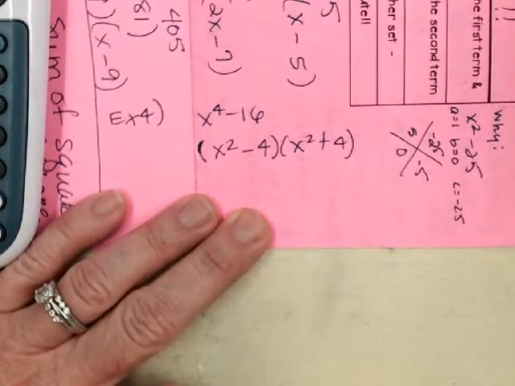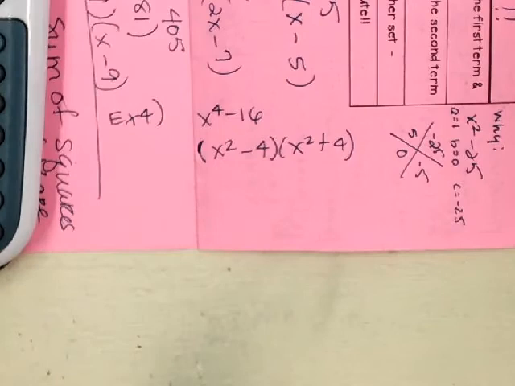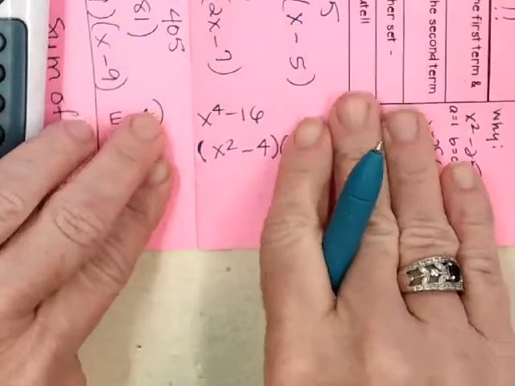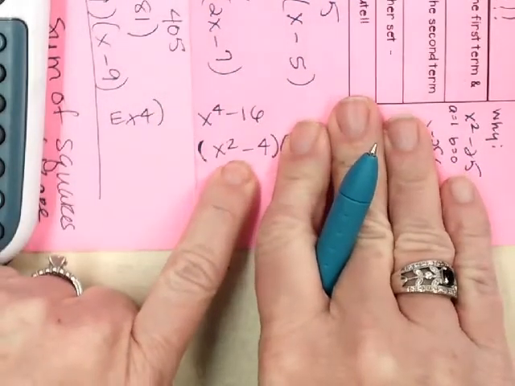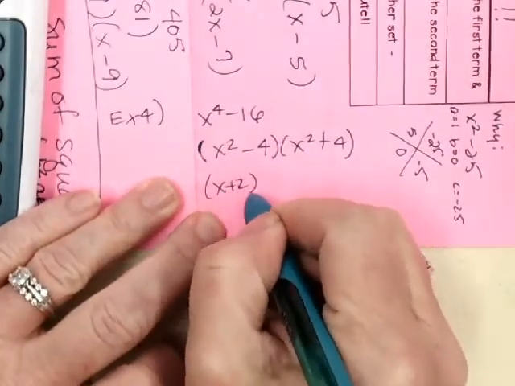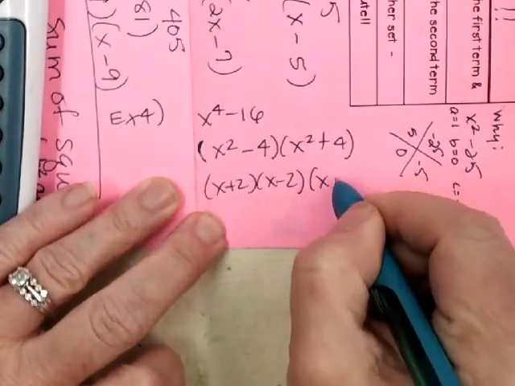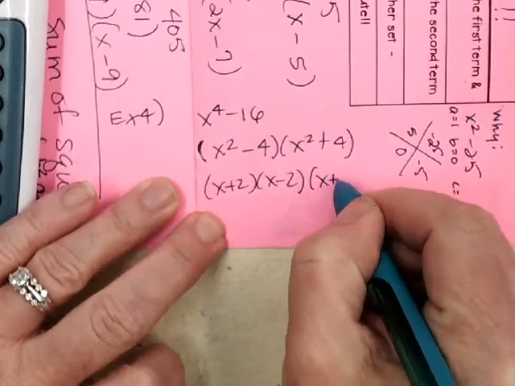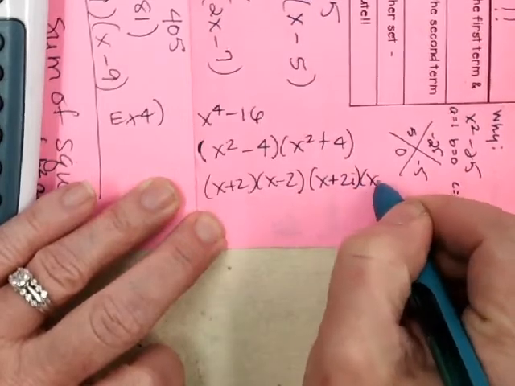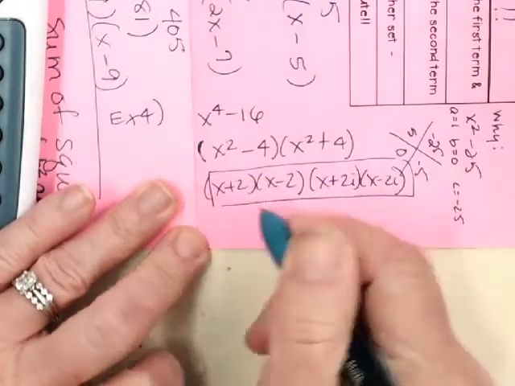If you think you're finished on any of the factoring that we're doing, if you think you're done, check it and make sure. Look at this. It is another difference of squares. That's going to factor to be x plus 2, x minus 2, and you still have, well, I can factor this. x plus 2i, x minus 2i, and I hate to drag that into it, but technically I could do that. Chances are,